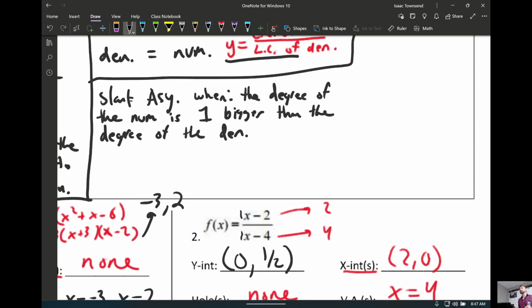So anytime the degree of the numerator is not exactly 1 bigger than the degree of the denominator, we can just say it doesn't have a slant asymptote and move on,